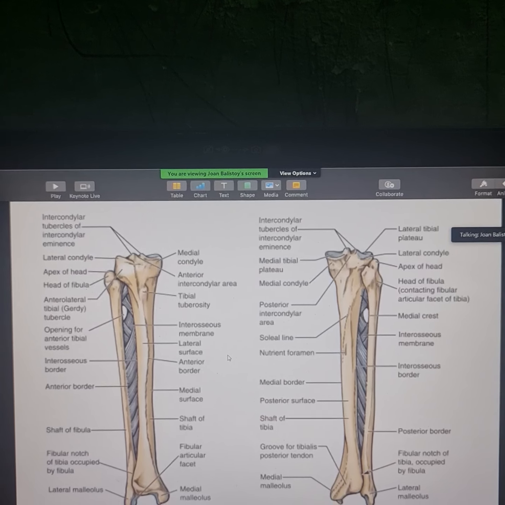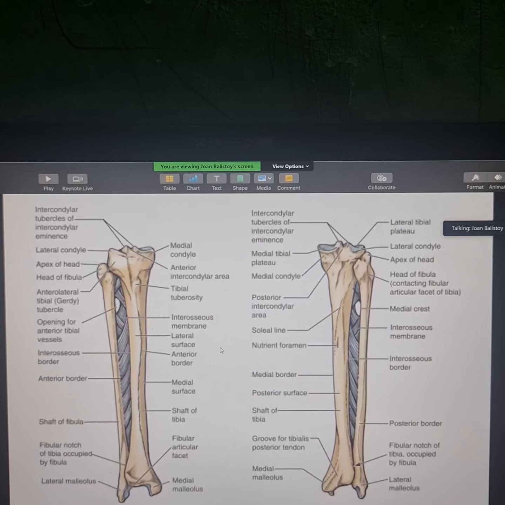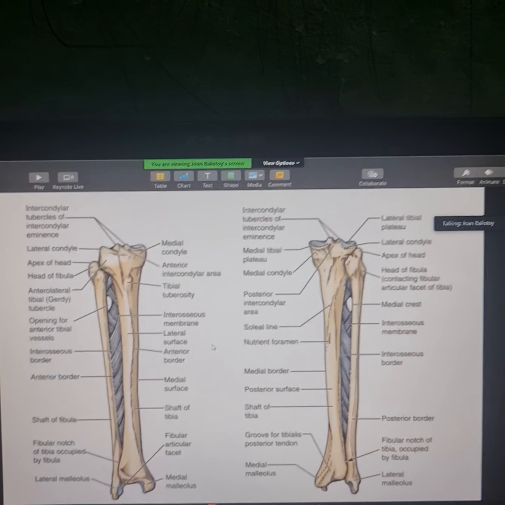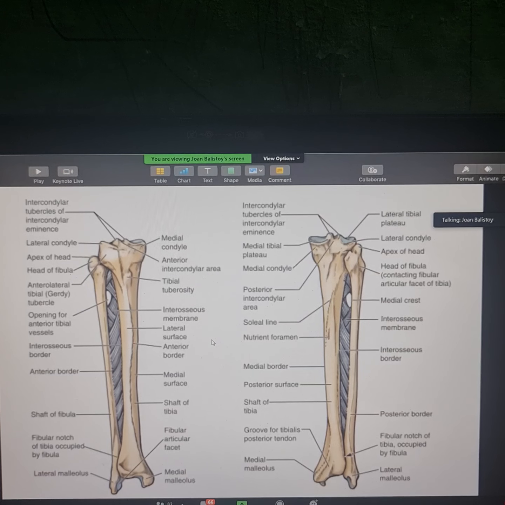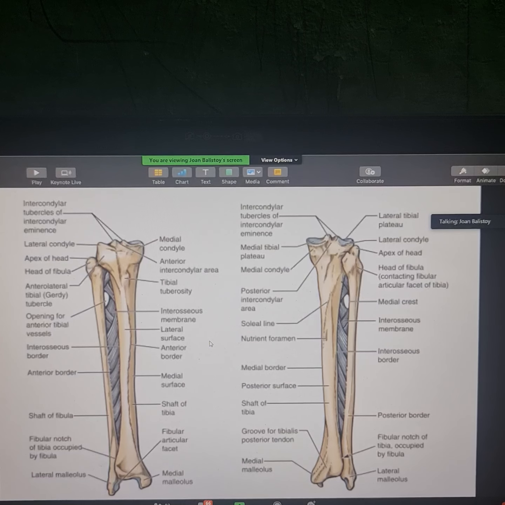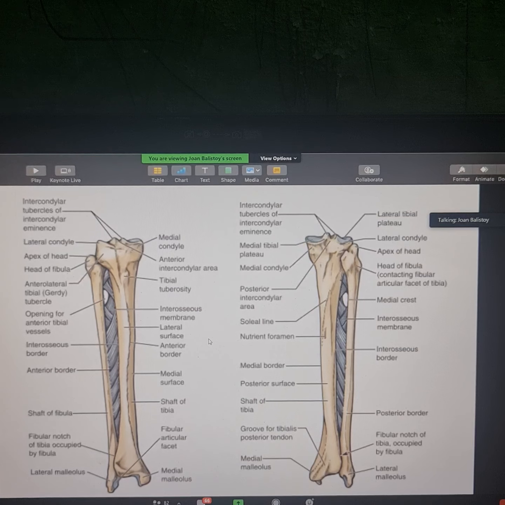Now let's go to the bone. There are two bones, and you already know these two bones, the tibia and the fibula. Alright? Tibia and fibula. As Filipinos, we